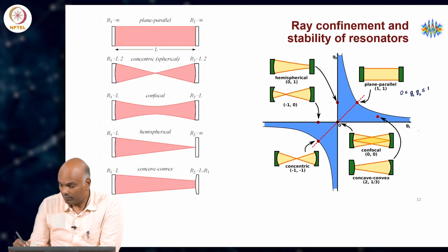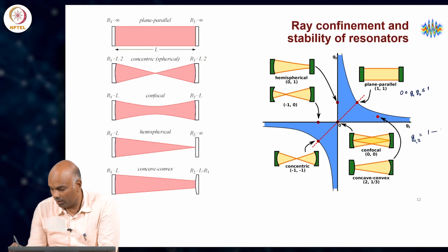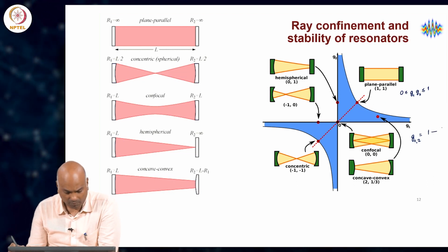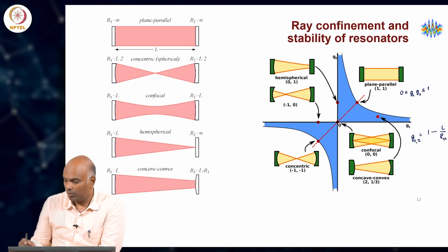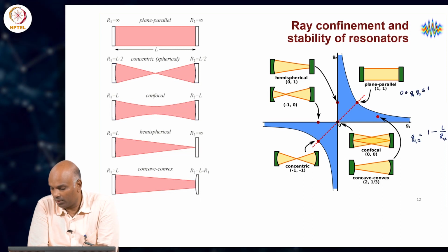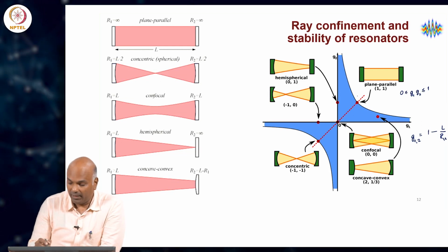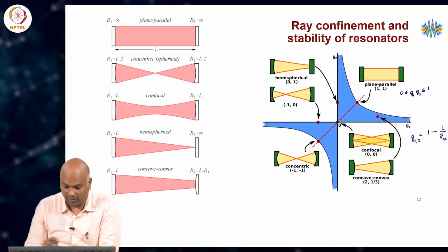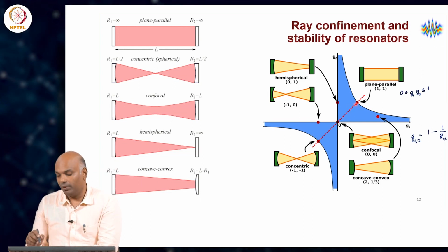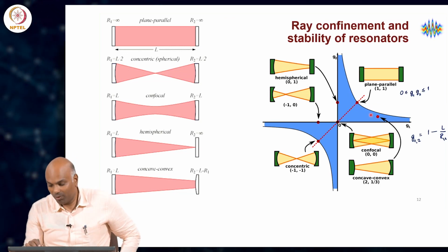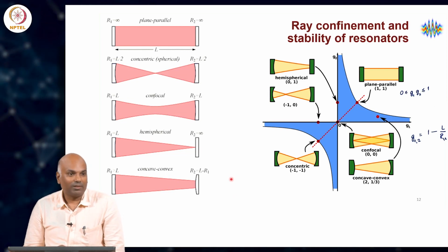So, what are G's? G1 or 2 is 1 minus the cavity length D divided by R1 or 2, as the case may be for G1 and 2. It is defined through the cavity geometry. Then so long as the product of the G's is such that the cavity falls within, or even at the boundary of, this blue painted region,